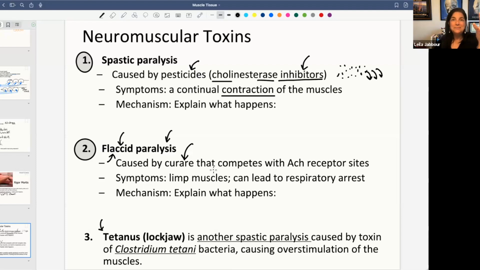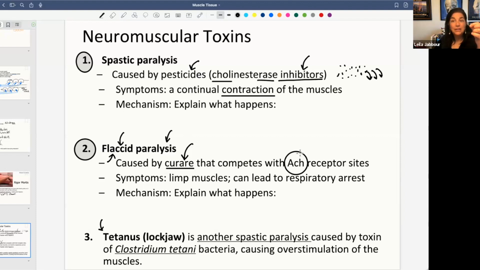So when they want to kill their opponents, I forgot what it's called, but the person that is being killed gets the curare into their body, and the curare has the property of looking